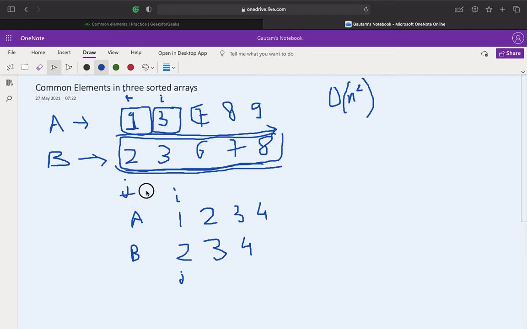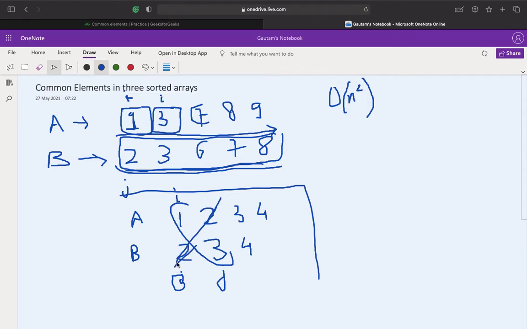If in this case we increment the bigger one, means we increment j, there is a chance that we are missing these two elements, because we can't now compare them. Next time when i comes here, j has already been incremented, so we'll miss this. So we always need to take care that we increment the smaller one.